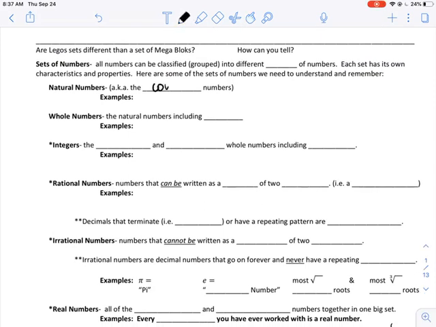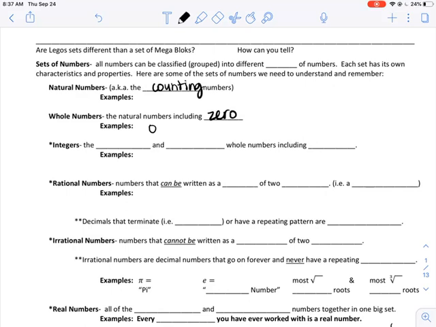And go ahead and write some of your own examples of what counts as a natural number. You don't have to go in order. You can pick whatever your favorite numbers are that are counting numbers. The whole numbers are the natural numbers, including 0. You can go ahead and put your own examples. I would make sure to put 0 there just to make sure, because that's the only thing that makes the